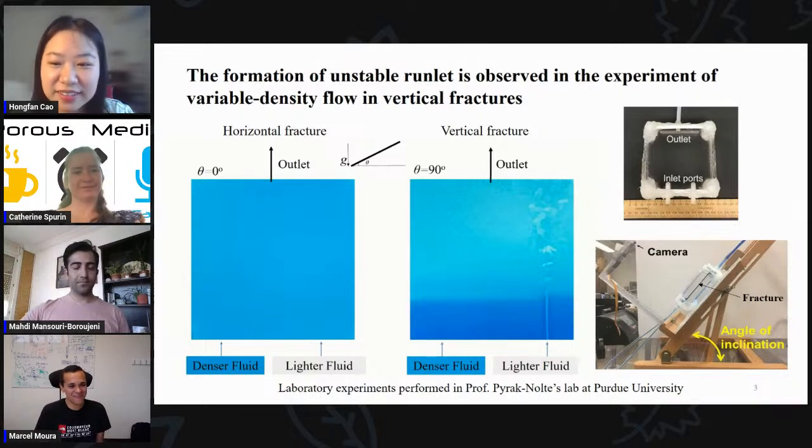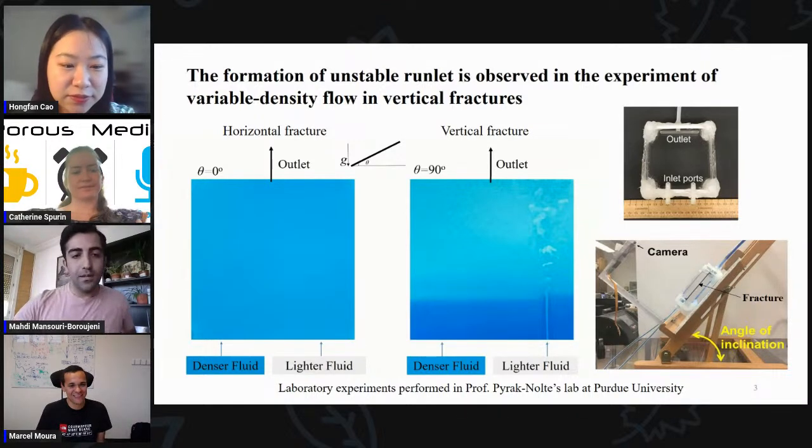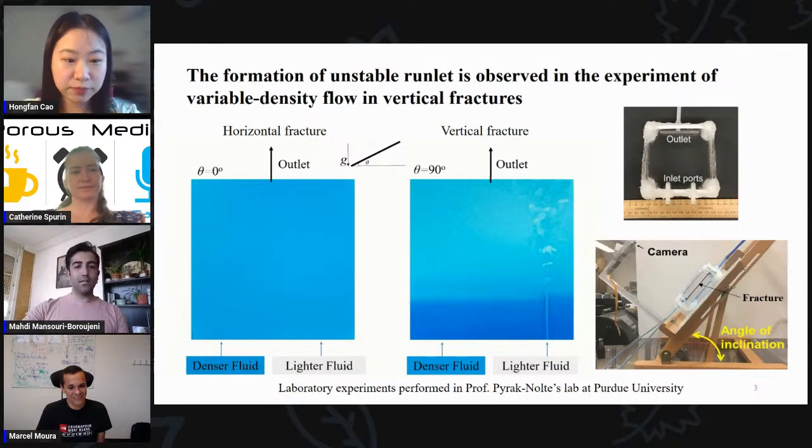Yeah, I've got a question. That could be a kind of follow-up question from Catherine's question. How long did you continue the experiments? Because in the right experiment that you're showing, there is a dark blue, and I assume if you continue the left experiment long enough, you probably get to the same color density. Have you tried to run them for a very long time to see how long it will take to settle and get to the same stage of the experiments or something like that?